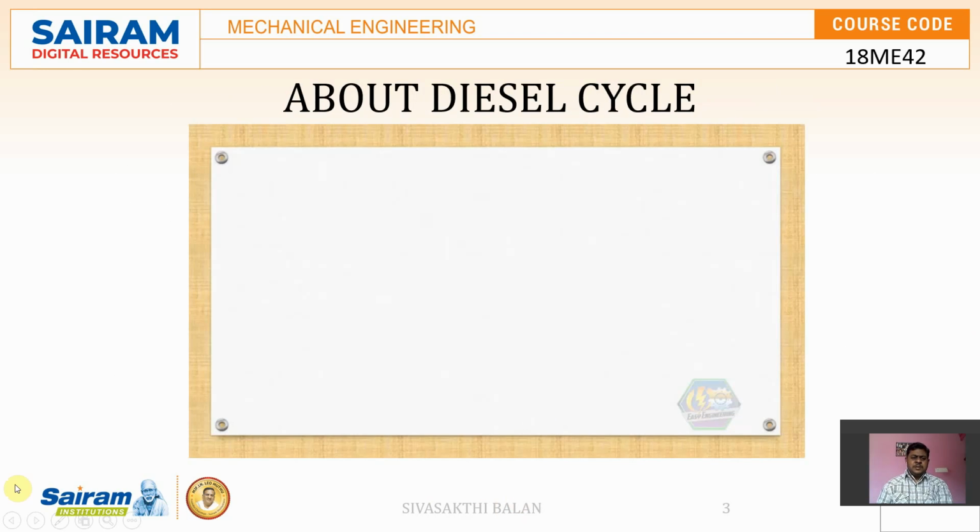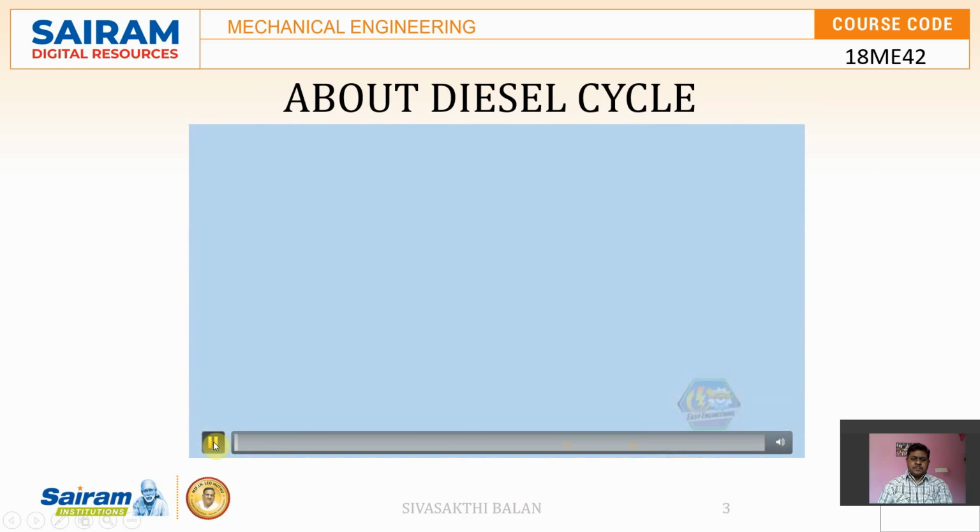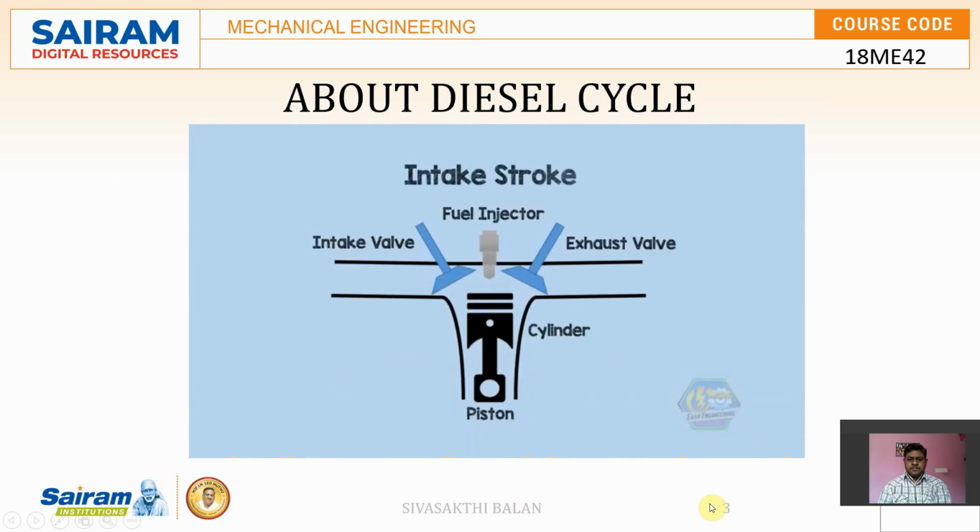These small video clips explain how a diesel engine works. First is the intake stroke. The piston moves down, creating a partial vacuum, while the intake valve opens, drawing air into the cylinder. The piston moves down up to the bottom dead center, or the lowest point of our stroke.